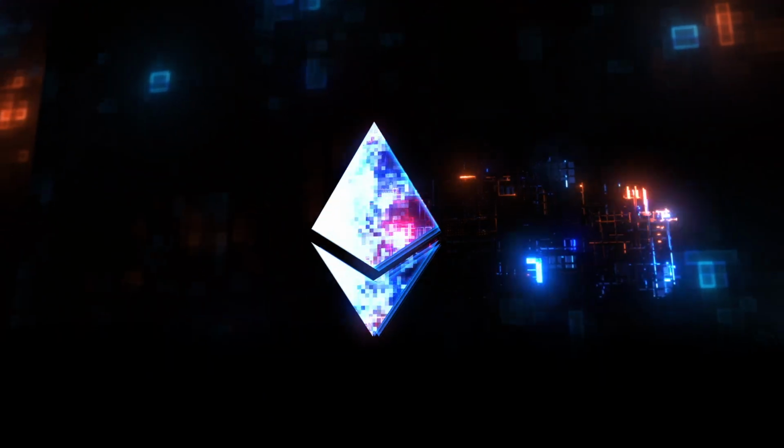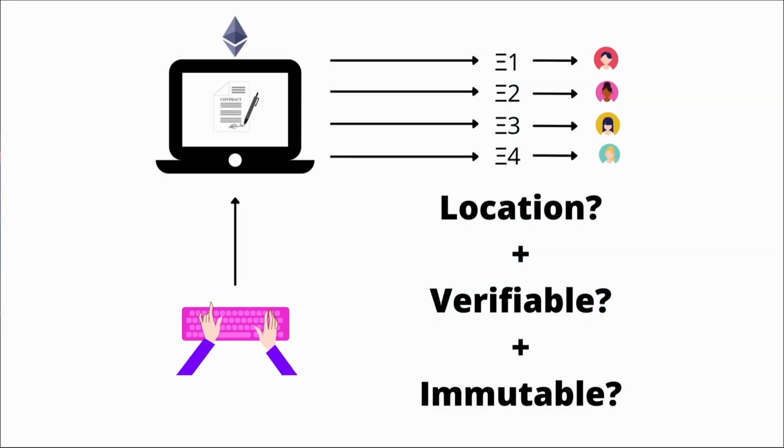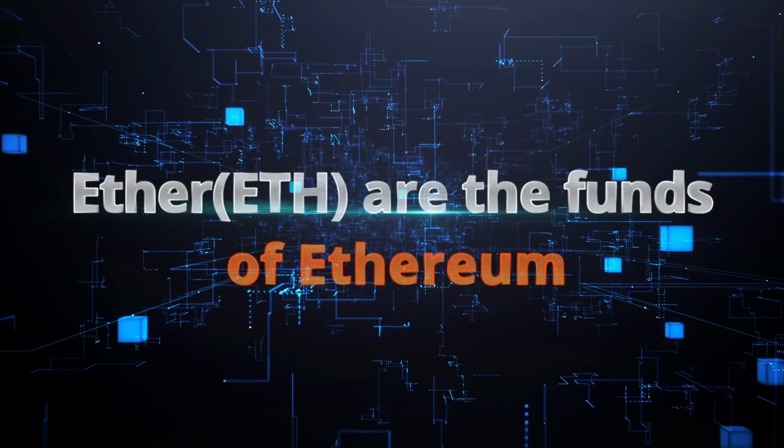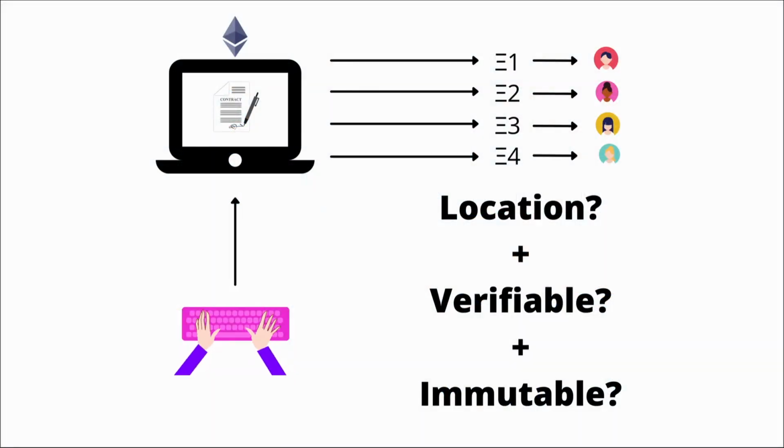So let's compare that to an Ethereum smart contract. Just like our trading bot, it listens to external inputs and reacts by sending Ether. Ether is what the funds of Ethereum are called. In Bitcoin, for whatever reason, we call the network and the funds the same, just Bitcoin. But in Ethereum, they have two different names: Ethereum as the network and Ether as the currency.